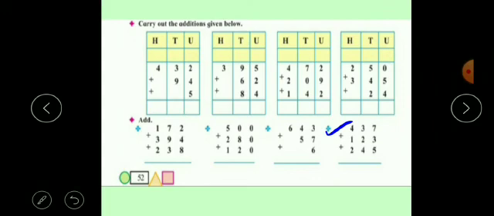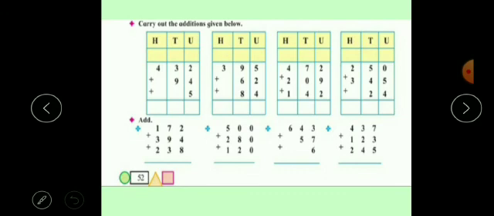So 7 plus 3 we get 10, 10 plus 5 we get 15. So write 5 here, 1 is carrying over to the tens place. Now 4 plus 2 we get 6, 6 plus 3 we get 9. 9 plus this 1, 9 plus 1 we get 10, again a 2 digit number. So write 0 here and 1 is carrying over. Now next add the digits in the hundreds place. 2 plus 1 is 3, 3 plus 4 is 7 and 7 plus 1 is 8. So you will get the answer 805.